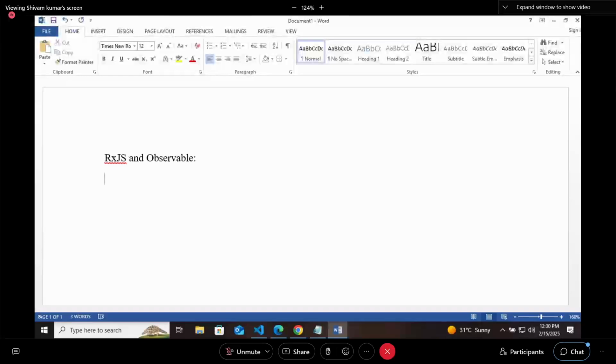We are going to talk about RxJS. So it is nothing, it is just an extension. What is it? It is an extension. So we will write RxJS is an extension, which stands for reactive, actually, not react.